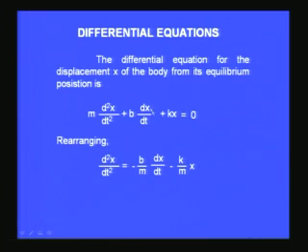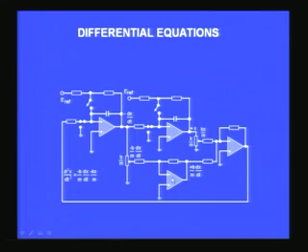Now this b dx by dt, which corresponds to a velocity term, will provide some damping to the vibrating system, and therefore this is for a damped harmonic oscillator. This equation can be solved by simply rearranging: d square x by dt square is minus b by m dx by dt minus k by m x. So I rewrite it and then I implement it using the op amp